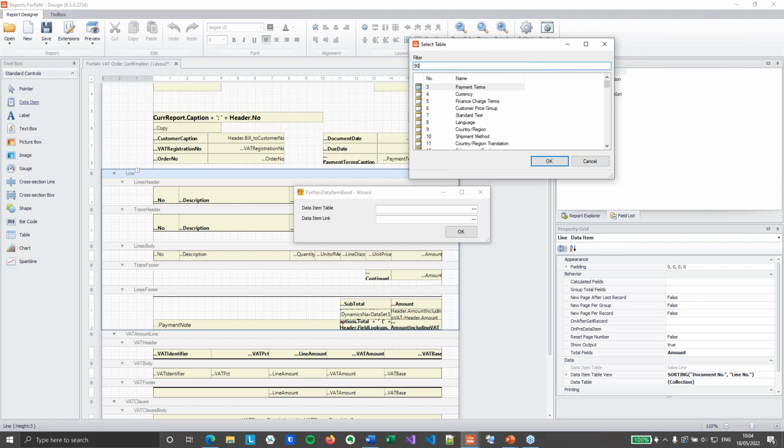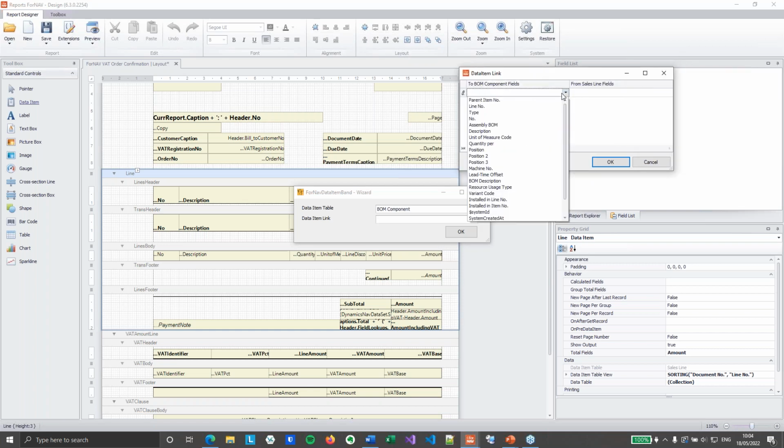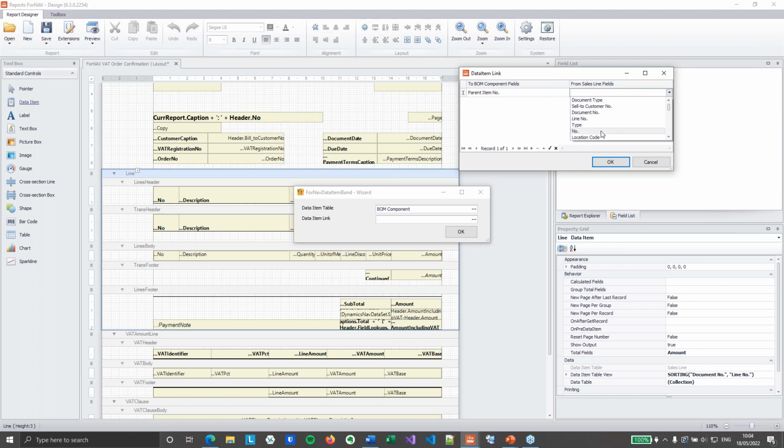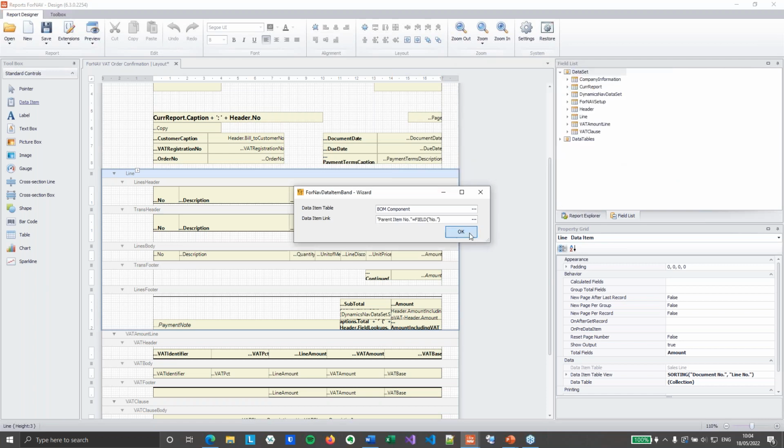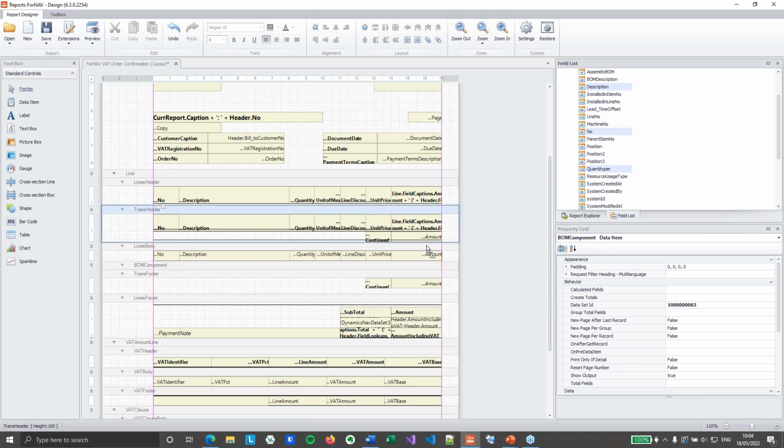And we notice we were on table 90, which is the BOM component. So I'll grab that one. And the table relation, as we noticed, was pretty simple. The parent item number needs to be the number from our sales line. Once we have that, we get our BOM component data item, and we can grab some data from the BOM component. So let's take the number and the description and the quantity per, and I'm going to select all three of these and drag them and drop them on top of our new BOM component data item,